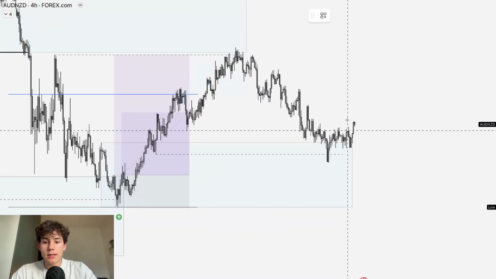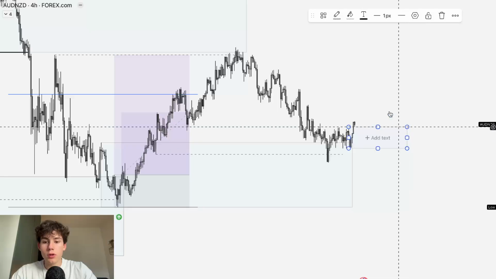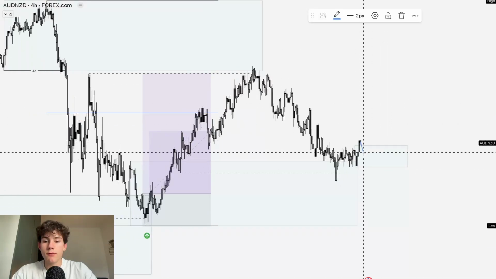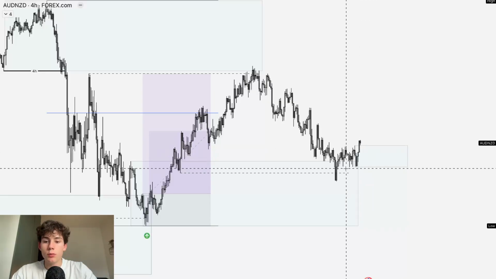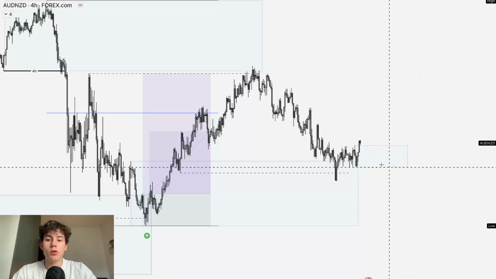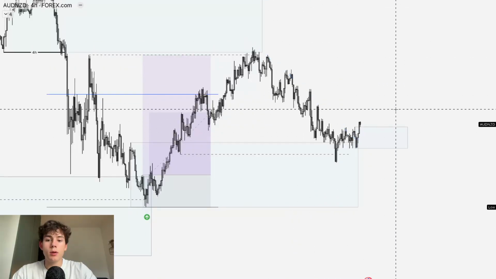Going over to AUD NZD, I was looking for longs in previous week, but I was being patient. Now what can I see? Well, this demand is in control, and I'm going to long possibly from this demand on the 1 hour time frame, for example, or see one more swipe of the lows, and then if we break up higher, I'm then going to go long to take all of the liquidity above these highs.